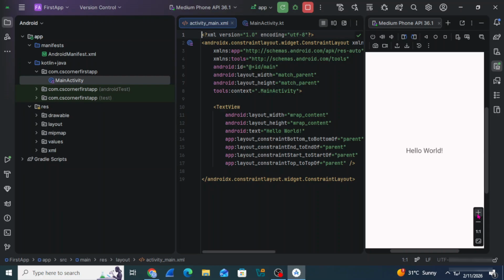So I hope guys, by following my video, you are able to install Android Studio and you are able to